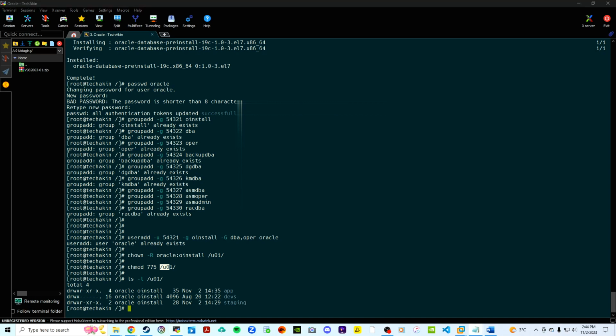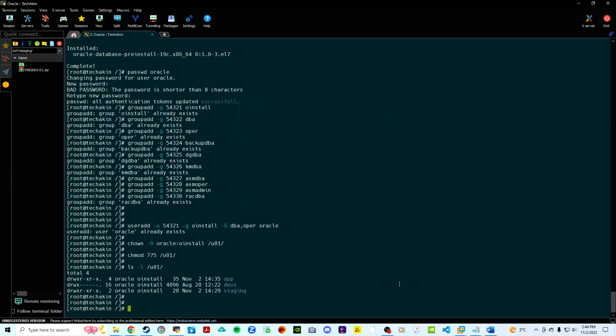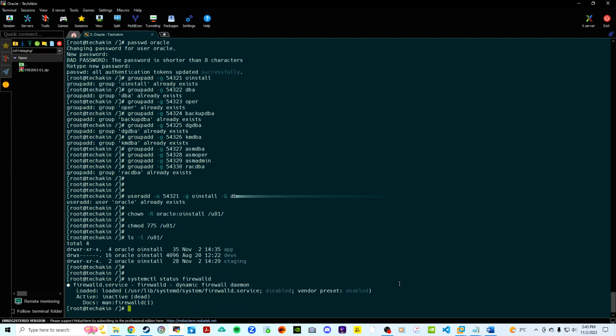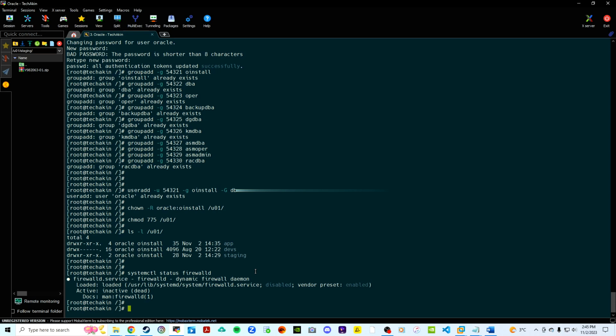Perfect. So once that is done, the next step is for us to check if the firewall is disabled or not. And to do that, the command is systemctl status firewalld. It's called firewall daemon. So basically you can see firewall is disabled already, which is perfect. That's what we want. If it's enabled, we just need to issue the command